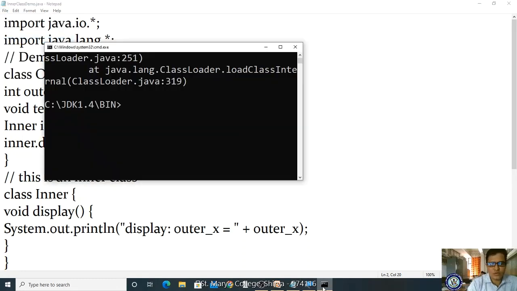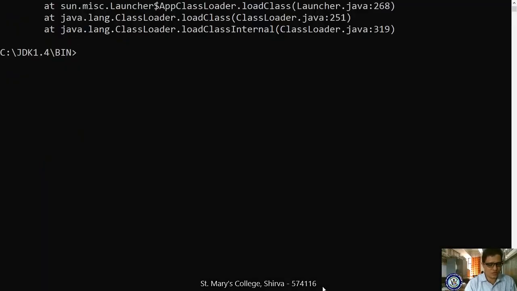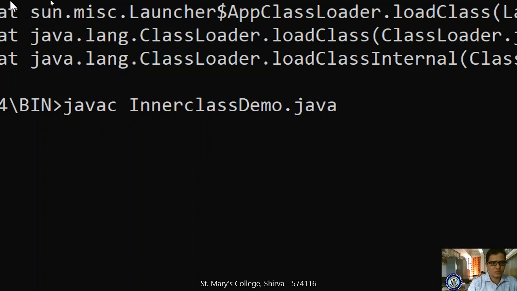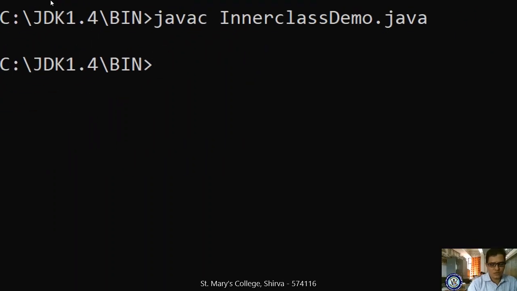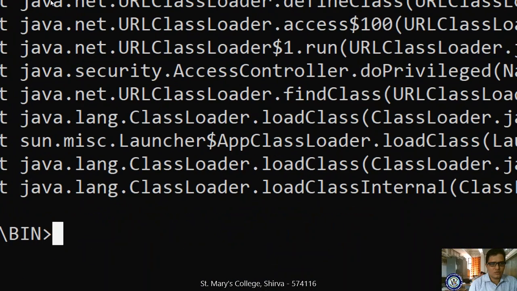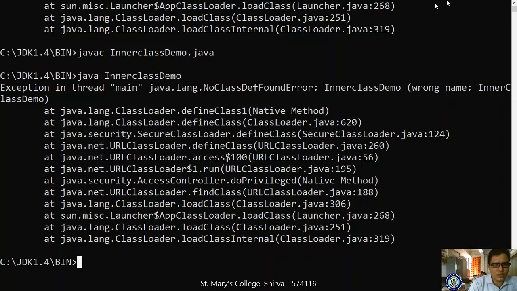Save it, come here to the CMD editor. Once again you have to compile it. Before running, you have to compile. Afterwards, you have to run. So still it is having an error. It is showing an error. Why? Lang not found. java InnerClassDemo.